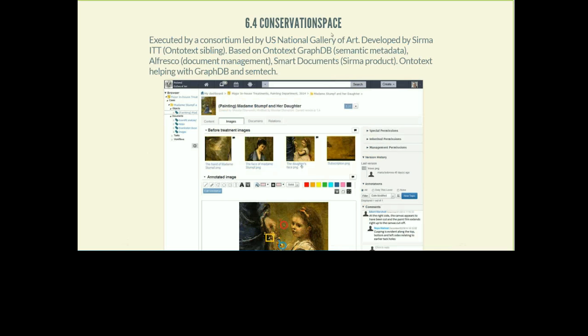ConservationSpace is a system for conservationists. So you capture depictions of an object before and after treatment, you plan treatments, you record condition reports and so forth.